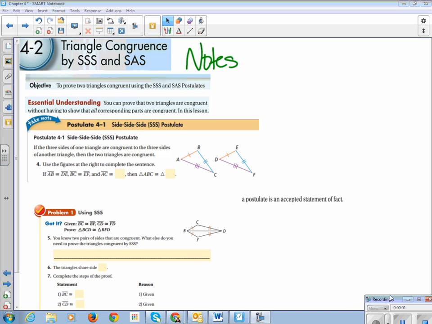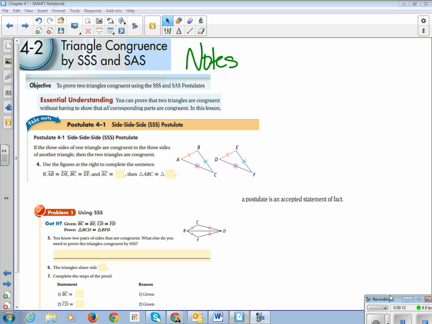All right, so this is chapter 4, section 2, triangle congruence by side, side, side, and side, angle, side. I definitely want you to write down that you can prove that two triangles are congruent without having to show that all corresponding parts are congruent. Yay, that's the good news. Less work. And one of those ways that we're going to help save us some time is by the